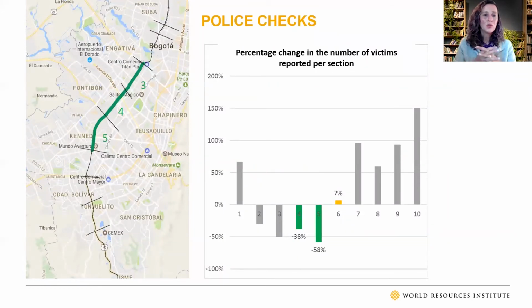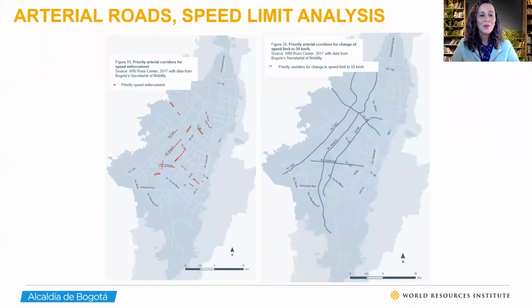The police started to work. They did some checks to make sure cars were not speeding. At that point, the speed limit was 60 kilometers per hour. And with some enforcement, they noticed how the speeds were coming down. The city, with those results, decided to move and to reduce the speeds to